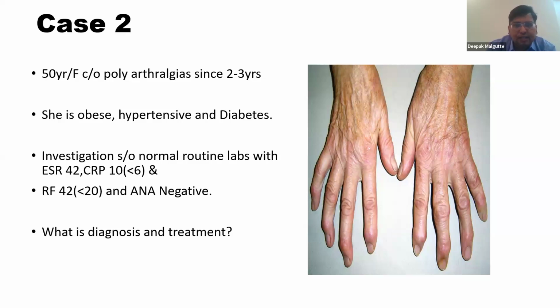A 50-year-old female had polyarthralgia for 2 to 3 years; she was obese, hypertensive, and diabetic. She got evaluated and her report showed raised inflammatory markers, RA factor was positive, and ANA was negative. So this was her knee, for which she is complaining of continuous knee swellings. If you can see this, she presented to us; outside she was considered as rheumatoid arthritis and was given a short course of steroid therapy. So now, the question,